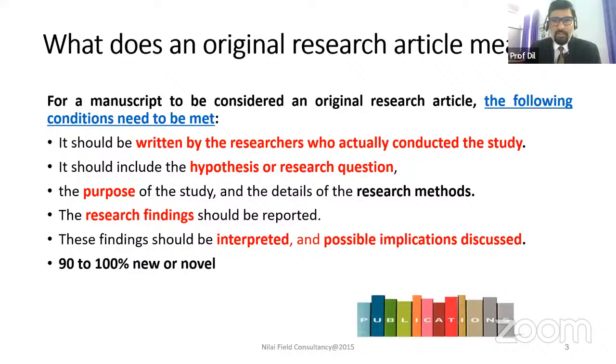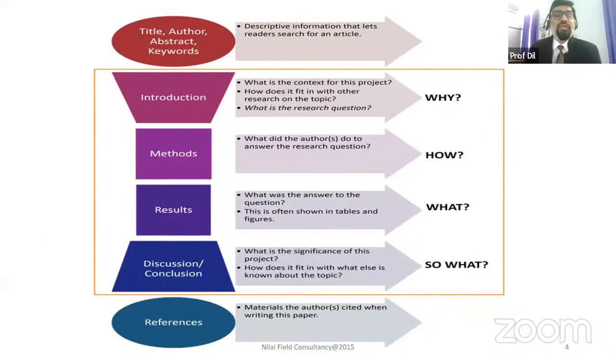Just have a pictorial interpretation. Usually a research paper should have a proper title, and the authors' descriptions, where they are coming from. And always remember one thing: all the participants sitting here, please enroll into ResearchGate through your official ID, and in Google Scholar also try to get your identity. You also have to get an ORCID number. We call it the ORCID number. That particular number is also needed.